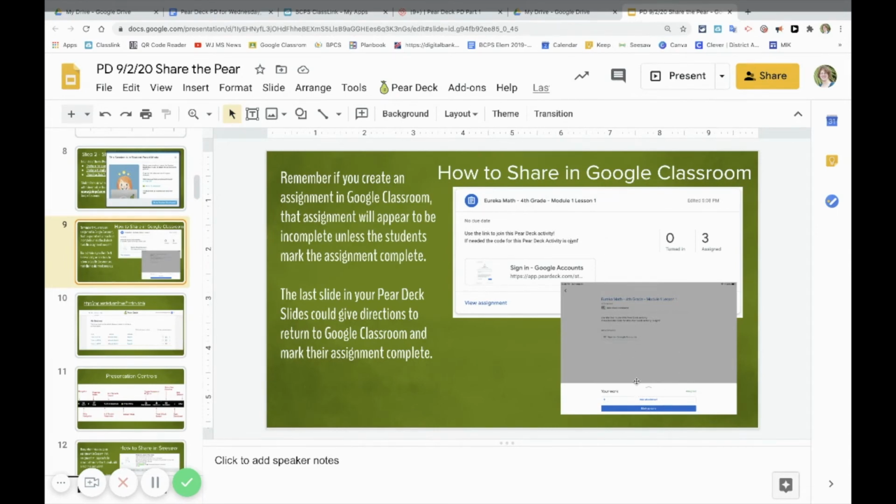Their work is not going to be an upload to Google Classroom. Their work is going to be in their Pear Deck that you collect through Pear Deck, and you can grade either in a Google Sheet or in the takeaways that comes up. So what I did in my